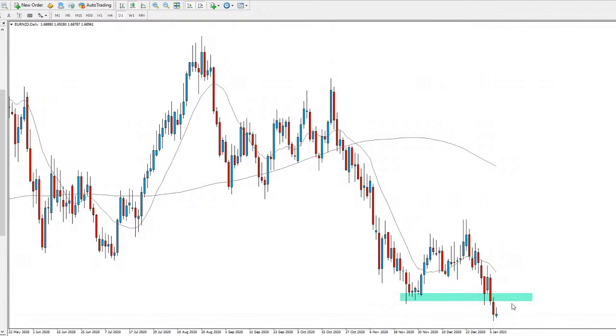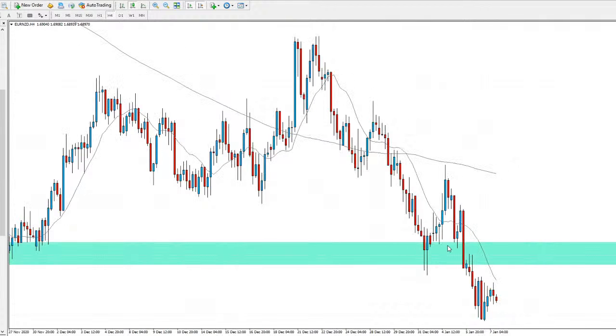Could be some retest of this level as previous area of daily support and daily resistance. As you can see, all this area was previous support. Could see a push into this area as resistance now. So again, probably expecting a push to the upside, but we are still looking very bearish and a very strong area of resistance above us. So as long as price doesn't get above that, I probably still expect price to give us another push lower